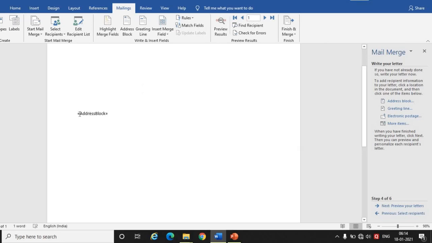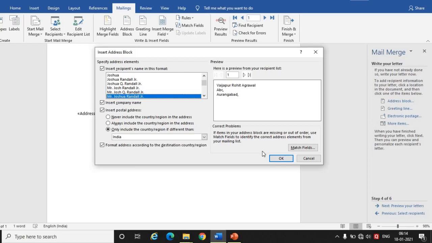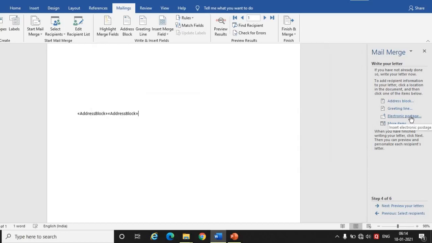So in the address block I can put the address of the person. This one is the address block. After the address block, the next one is the greeting line, to whom you are sending the message. So here I will just press enter, and this one is the greeting line. The address block will contain the address, like here I will give the address block send Monica School.